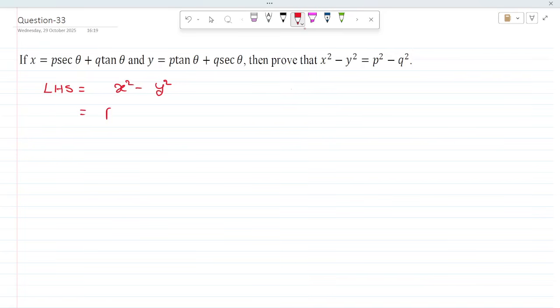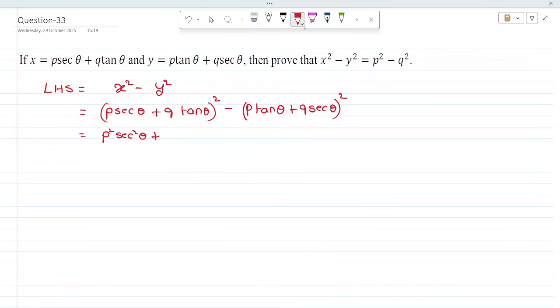P secant theta plus Q tan theta the whole square, minus, what is y? P tan theta plus Q secant theta the whole square. It is like a plus b whole square formula, right? What is its expansion? P square secant square theta plus Q square tan square theta